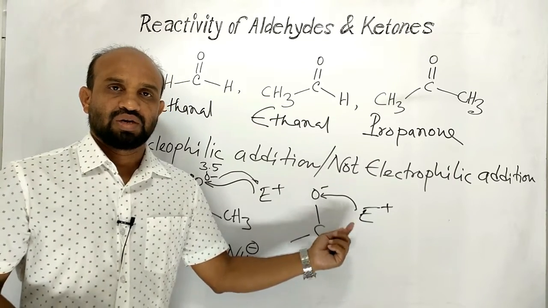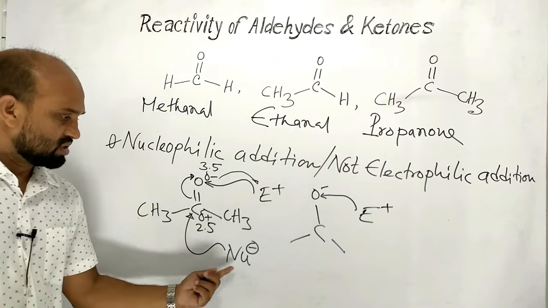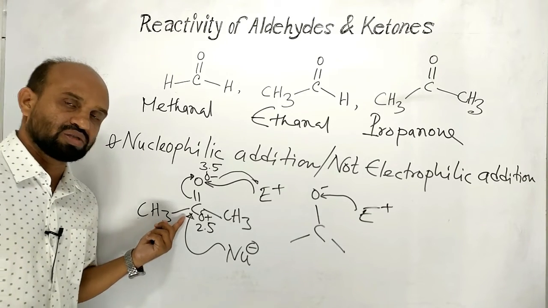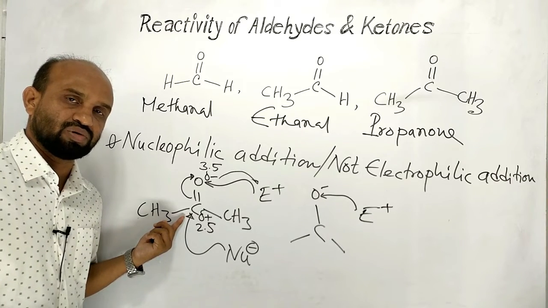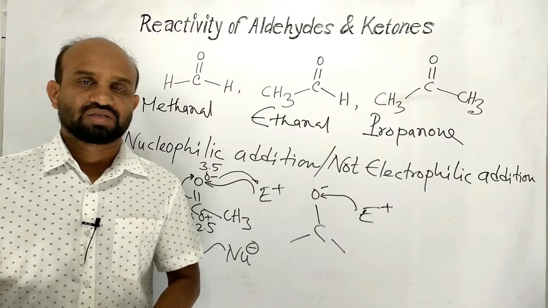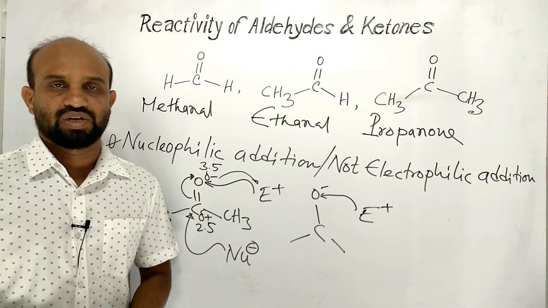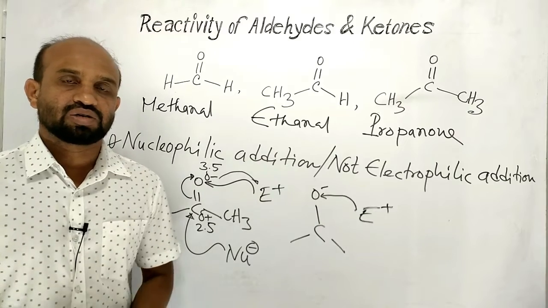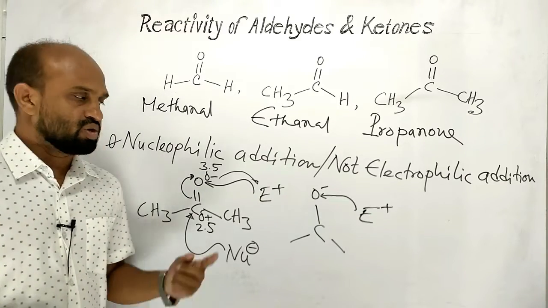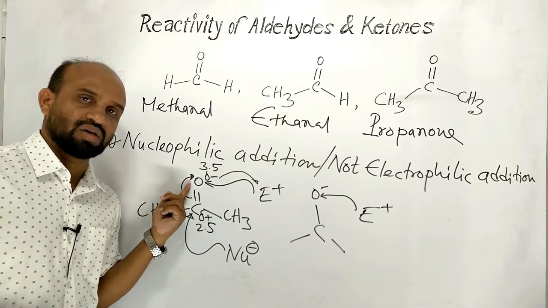So in the first step, nucleophile combines with the positively charged carbonyl carbon. That is why it is said that carbonyl compounds undergo nucleophilic addition, not electrophilic addition, because of the higher electronegativity